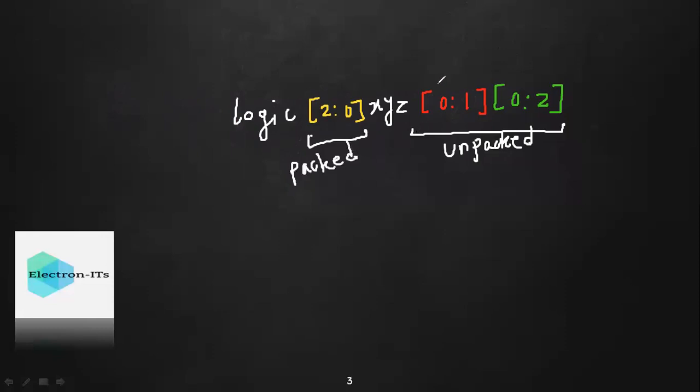That too, first you have to focus on the left side and then go to the right side, and after performing on unpacked you have to focus on packed. So here only one is there. Now there are two dimensions. So first will be your red color, so that you have to focus.